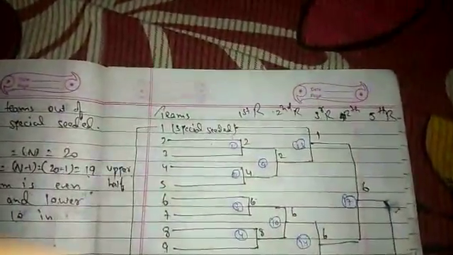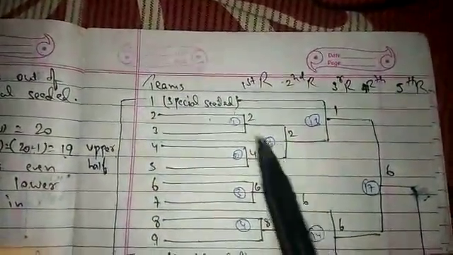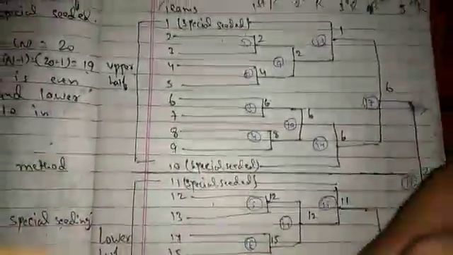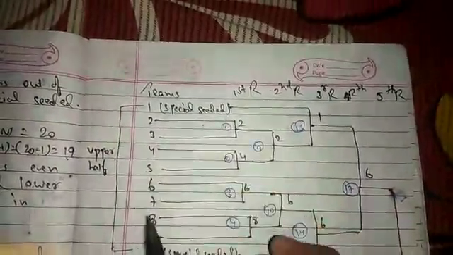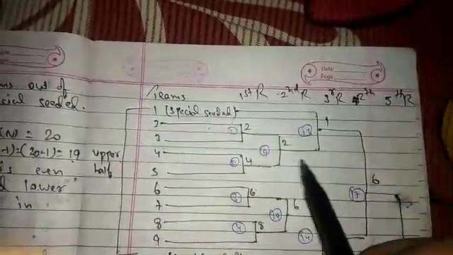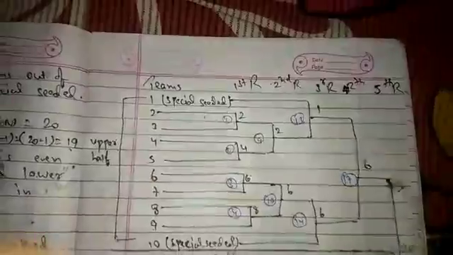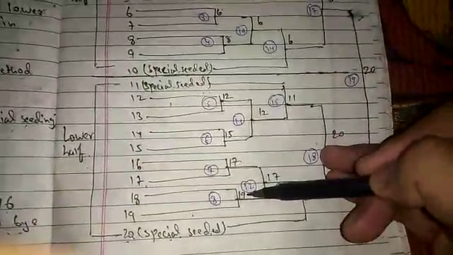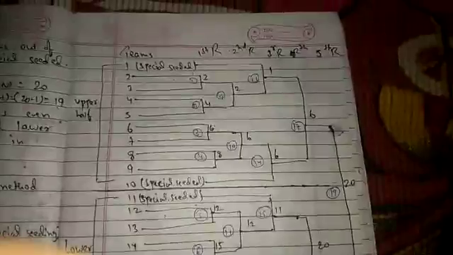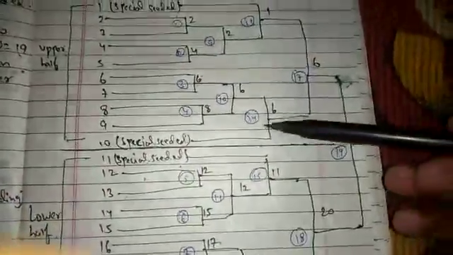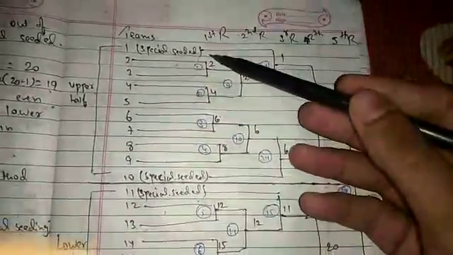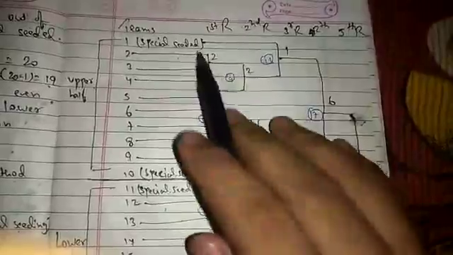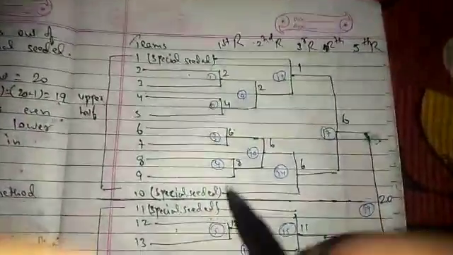Since this is a league round, again special shaded teams are not allowed to play. They will play in the quarter or semi only. So second, 2 will play against 4, we have declared 2 as a winner. 6 will play against 8, we have declared 6 as a winner. 12 will play against 15, we have declared 12 as a winner. 17 will play against 19, we have declared 17 as a winner. Now, how many teams are there? 1, 2, 3, 4. 4 teams remain, and including these, now special seeded teams are allowed to participate.